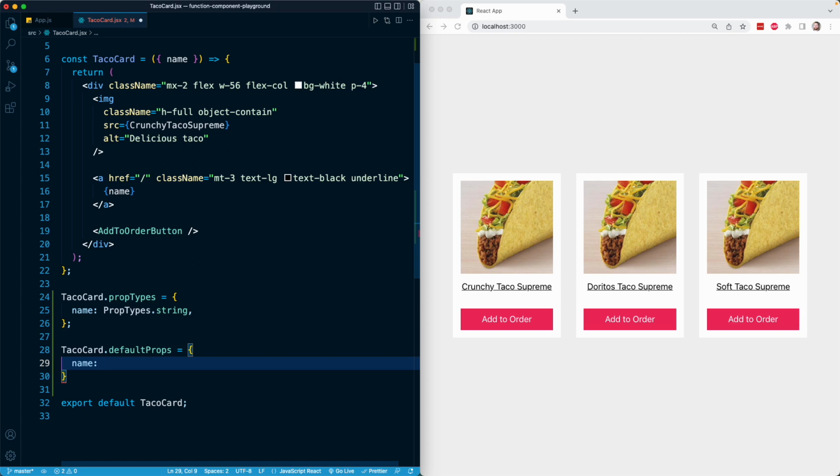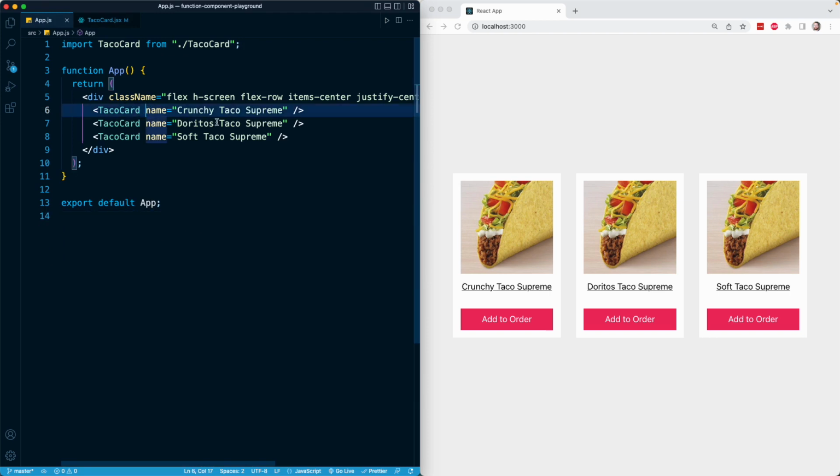So for example, here I can provide a string like some taco, save that, and nothing is going to change on the right-hand side. And the reason for that, of course, is because in our app component, we are providing the name prop to all three renderings of those three taco cards. But take a look at what happens when I remove the name prop from my second taco card and also from my third one. So I'm going to save this. And notice on the right-hand side that now both of those taco card components fall back to some taco